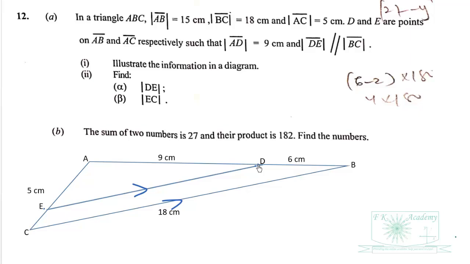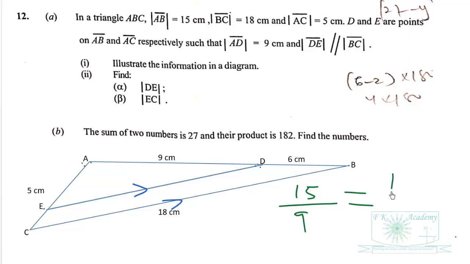So the ratio of line segment AB, which is 15 centimeters, over line segment AD, which is 9, will be equal to line segment BC,